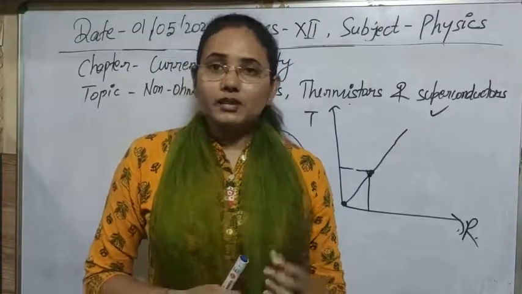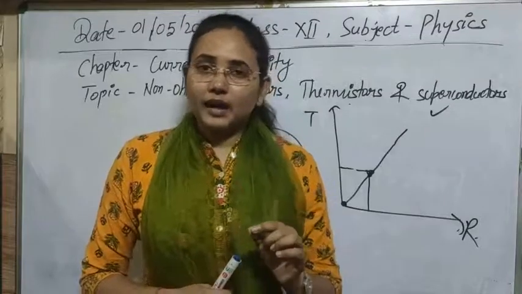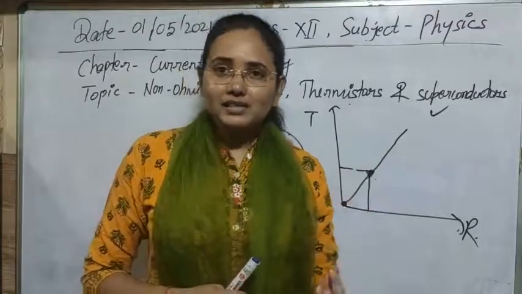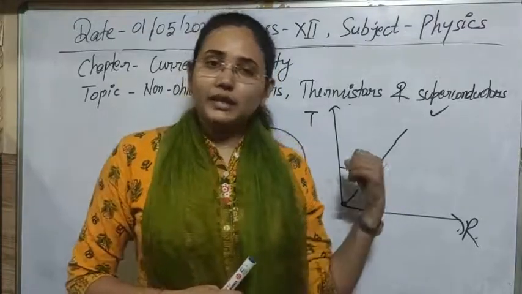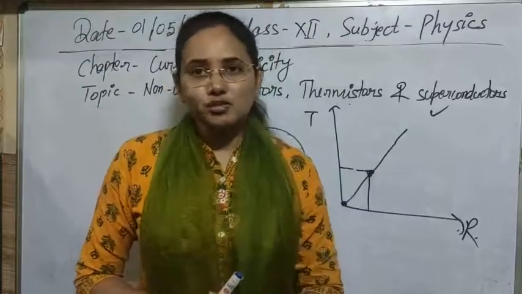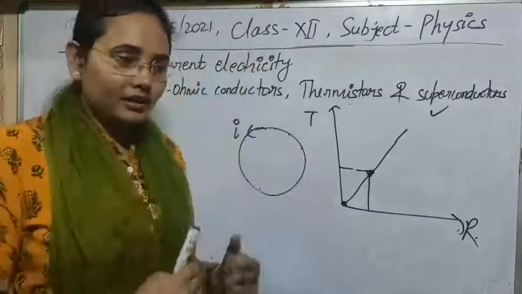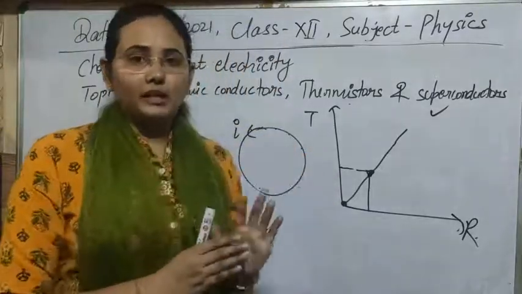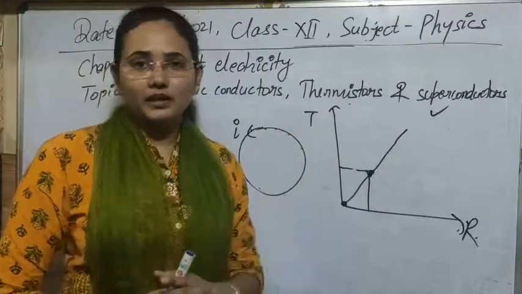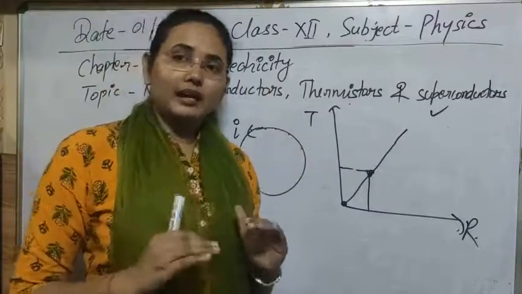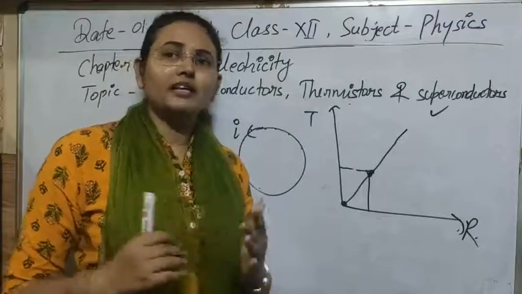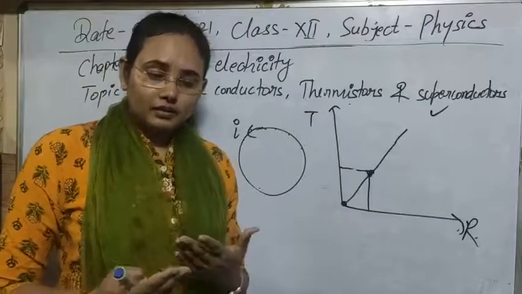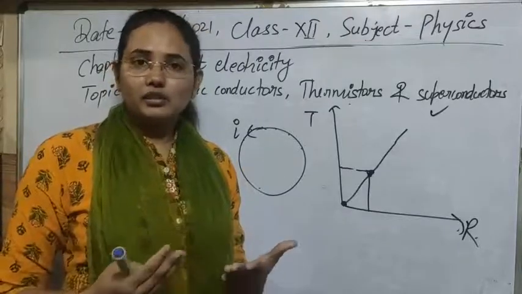Simply, if we are able to make batteries using superconductor material, then if we charge our mobile one time, its battery will last 1 week, 2 weeks. So this will really be an innovation in our electronic field, if we are able to use such devices to make our batteries. Even scientists are working on this, but this is a really very important property. So this is the electrical behavior of the superconductor. First, current can flow without any resistance for several weeks, without any problem, without any blocking, without any opposition, without any resistance.